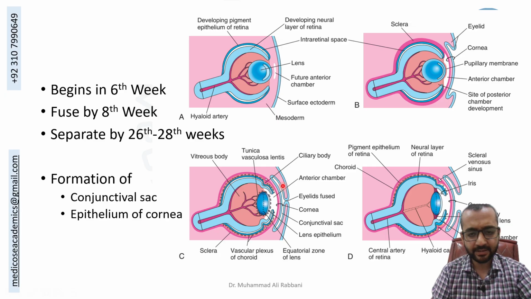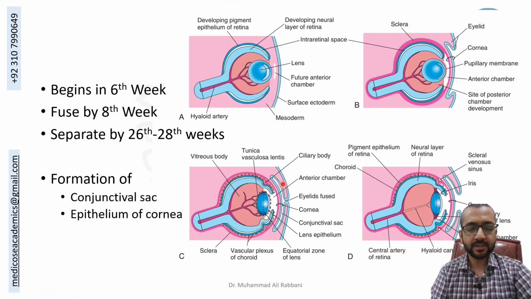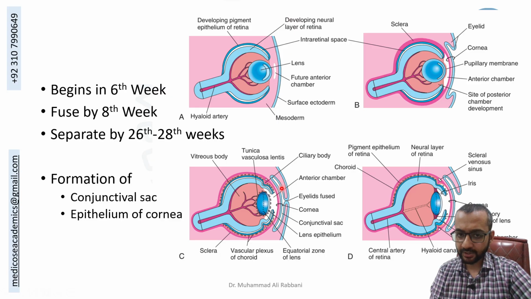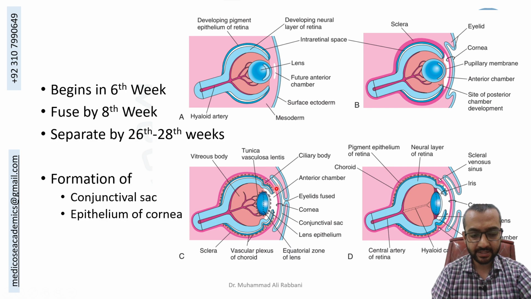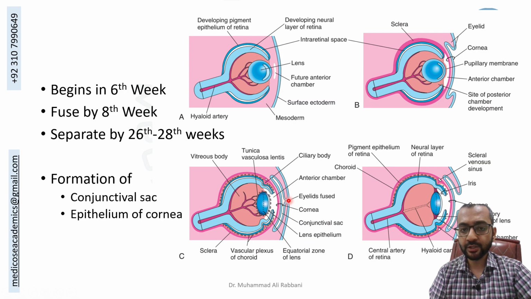This is a simple layer of cuboid, this is stratified cuboid columnar epithelium with a lot of goblet cells that allows minimum friction. So these parts where it folds upon itself, these are the conjunctival sac, and this forms the epithelium of the cornea too. So embryologically this is one continuous layer, and as they approach one another they join and fuse